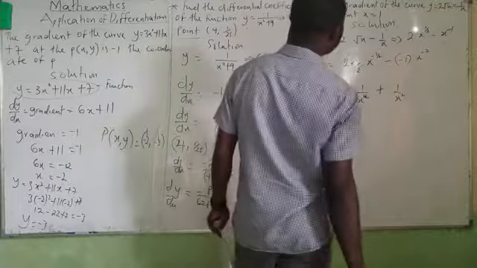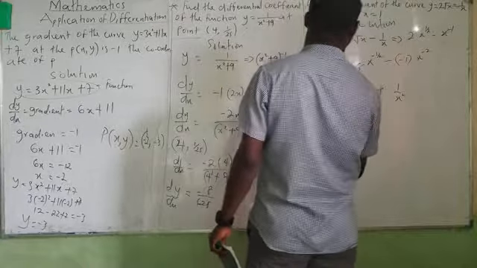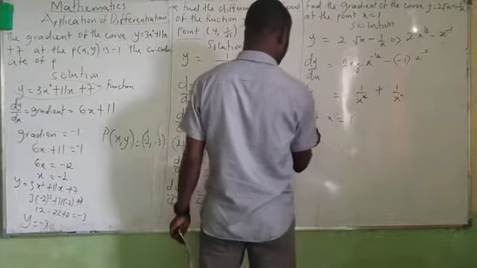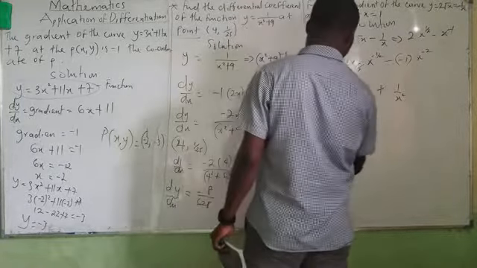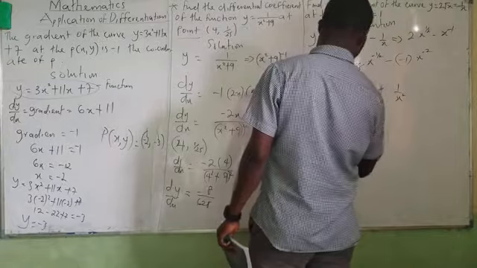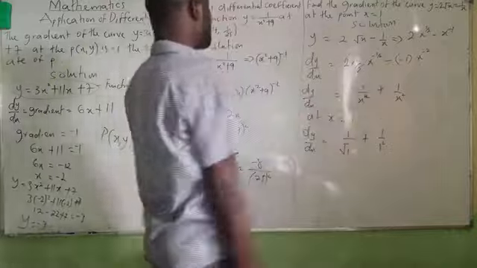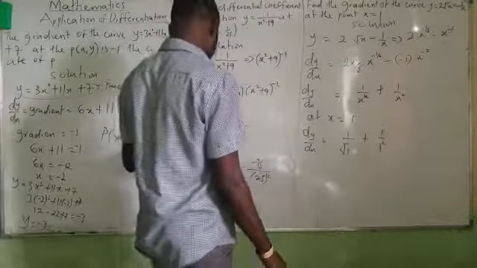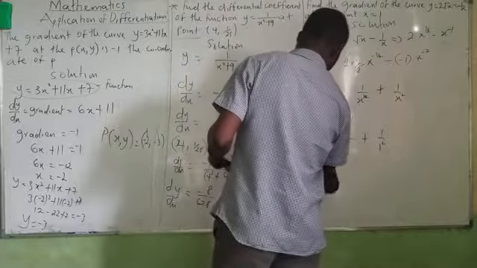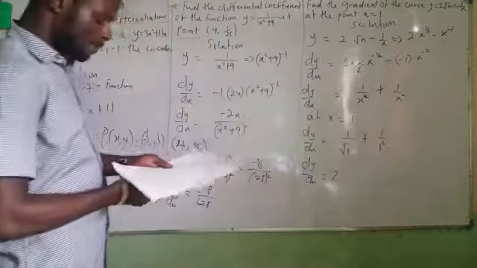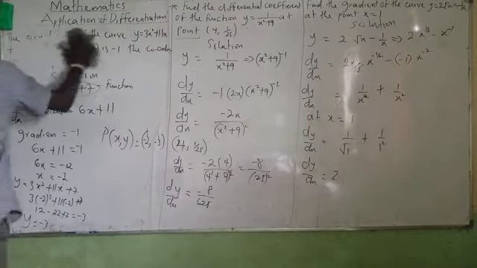Now, I will move on to x equals what? At x equals 1. Now, at x equals 1, it means dy dx will be equal to 1 all over root of 1 plus 1 all over 1 squared, which is 1 plus 1 becomes 2. 1 plus 1 equals 2. It means dy dx equals 2. That is my answer. Now, permit me to write another set of questions